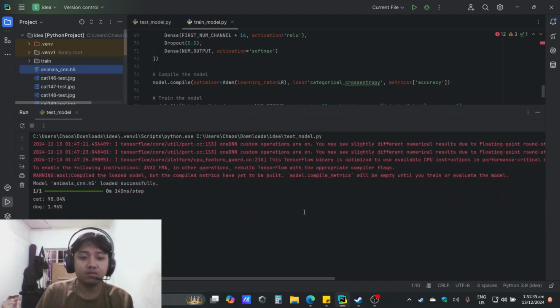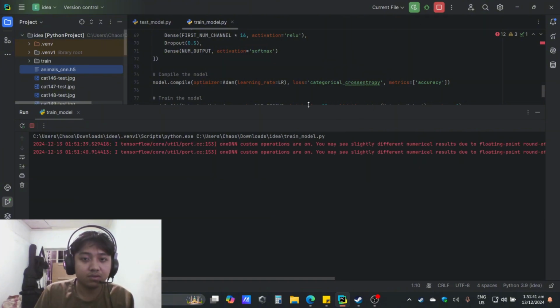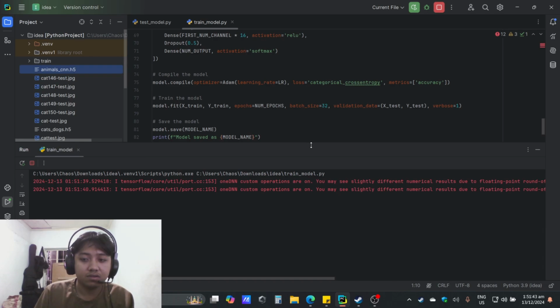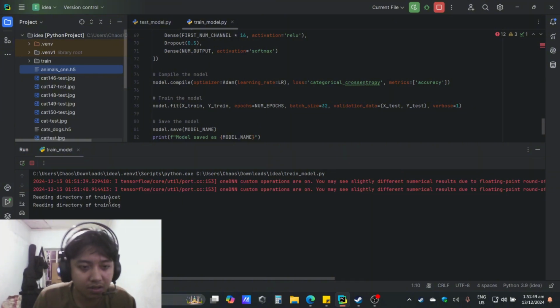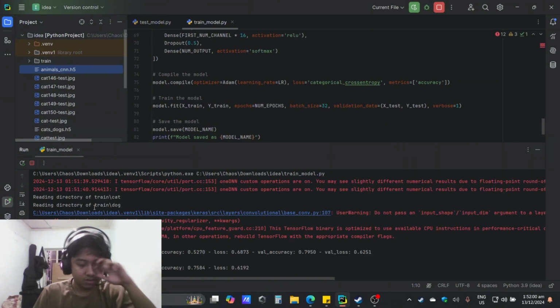so if we're going to play this one, it is reading the directory of train cat from the folder train, and then train dog from the folder train.